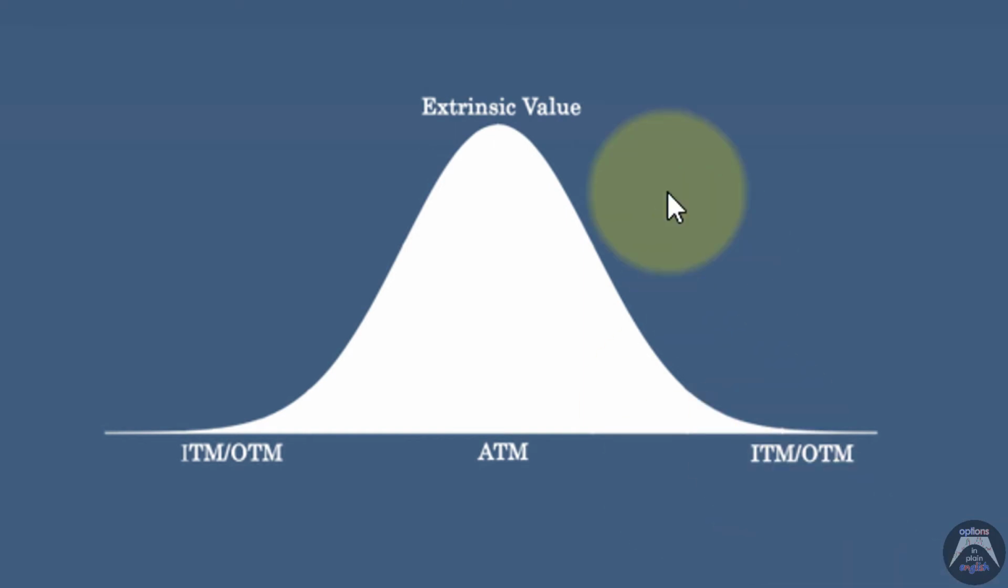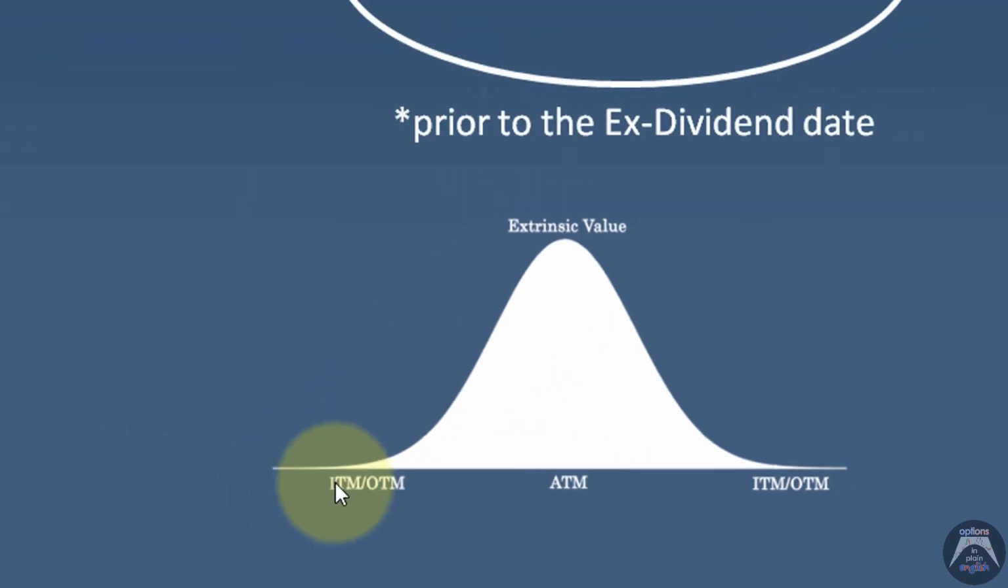Now, before we start, as you know, this is a graph of extrinsic value versus moneyness. So basically where the price is. We see that at the money options, both calls and puts, hold the most extrinsic value. As you start going in the money or out of the money on both sides, the extrinsic value is going to start going down. So if we're sufficiently deep in the money, then we're going